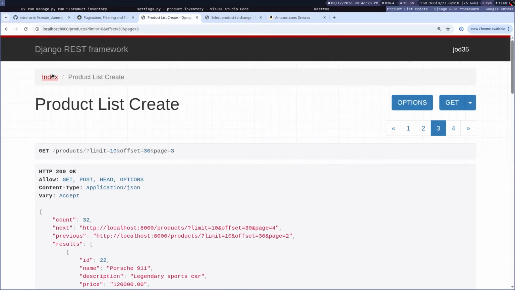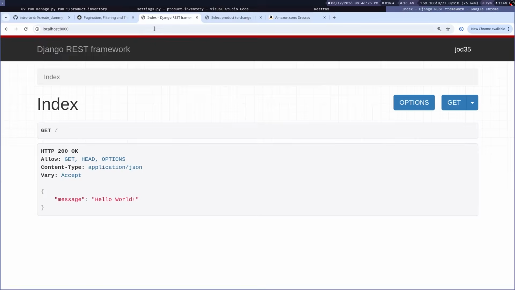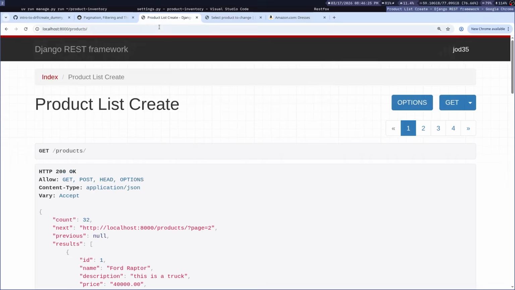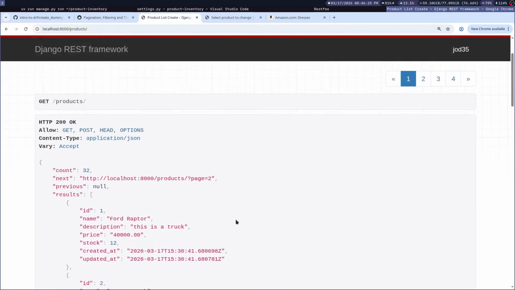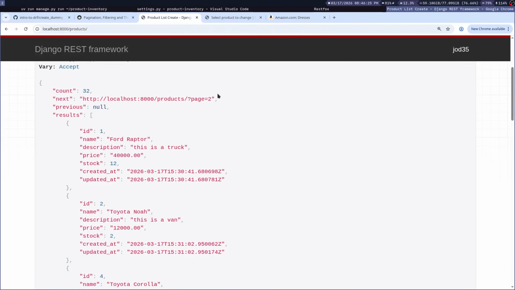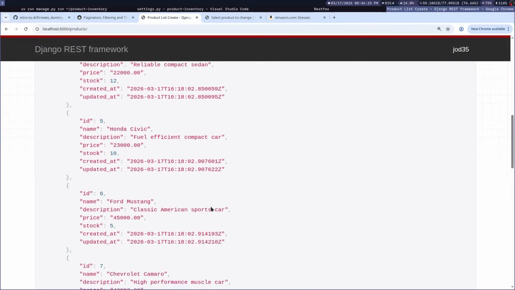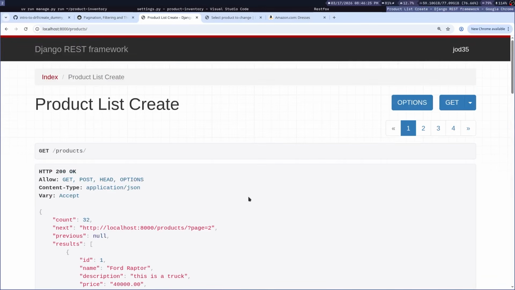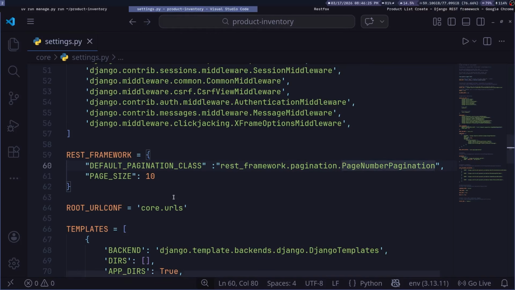Now I need this to not be the limit offset pagination. So I want those gone. Let me go to /product. So now we see that the query param we provide is going to be page instead of limit and offset. So this will just navigate depending on how many items we specified per page,